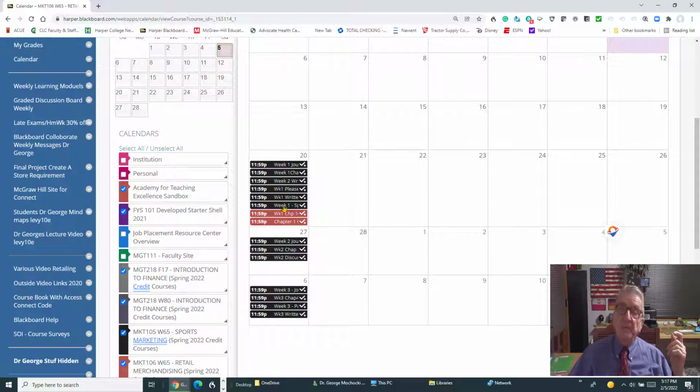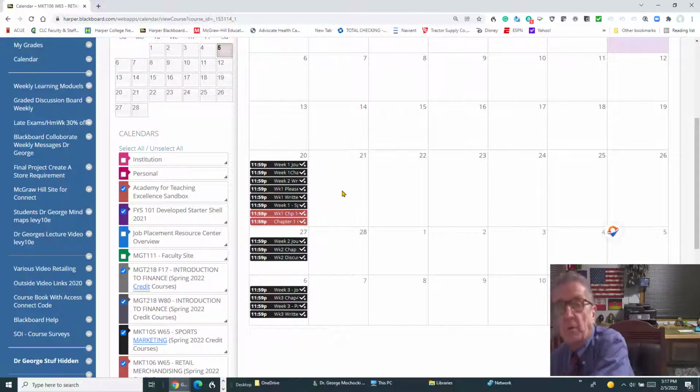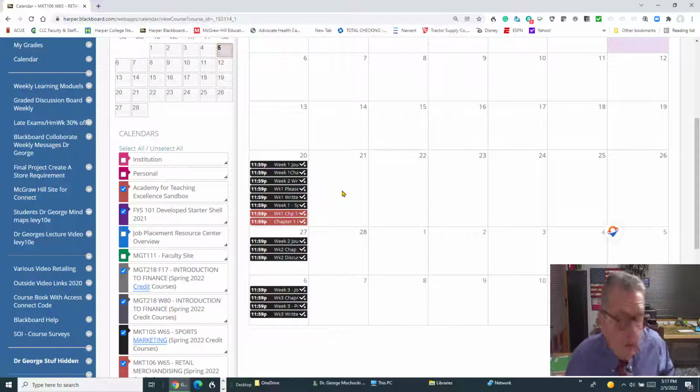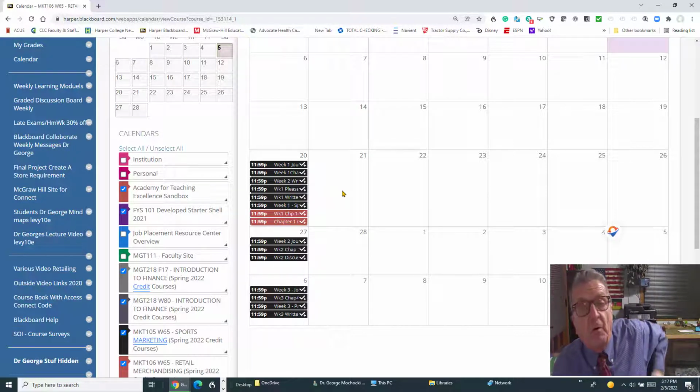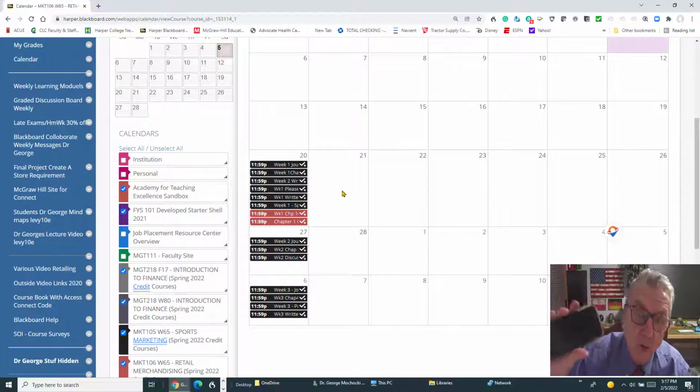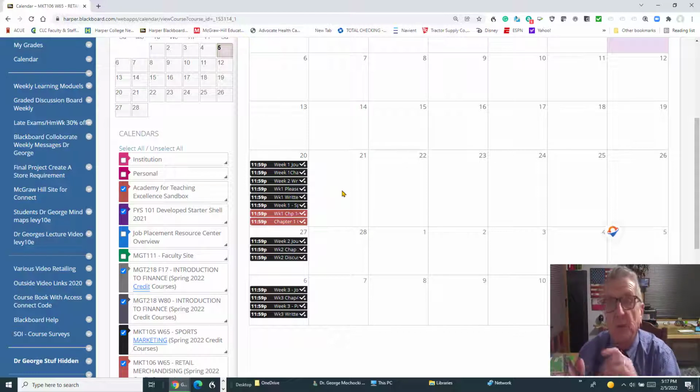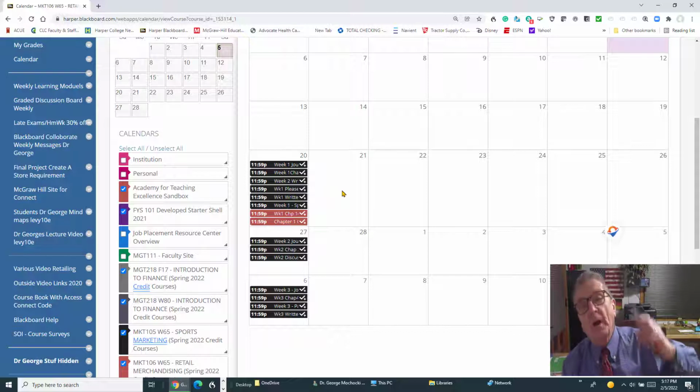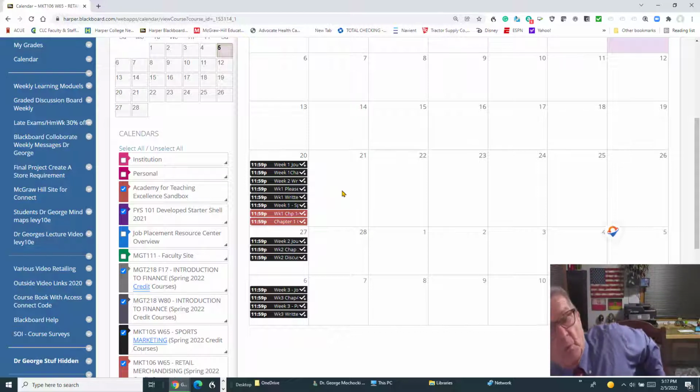Or you could always use your cell phone, because with McGraw-Hill, the Connect homework and everything else you're doing, you could directly go to your McGraw-Hill. They have an app and go on there. If you're trying to do your exams or something in Blackboard on your cell phone, it's an app. An app is not a full application. It's just a very small picture view, so you may not have all the buttons. When you're doing the exams and the quizzes, I recommend you do them on either a laptop or in a computer lab or in a library or someplace you're at.